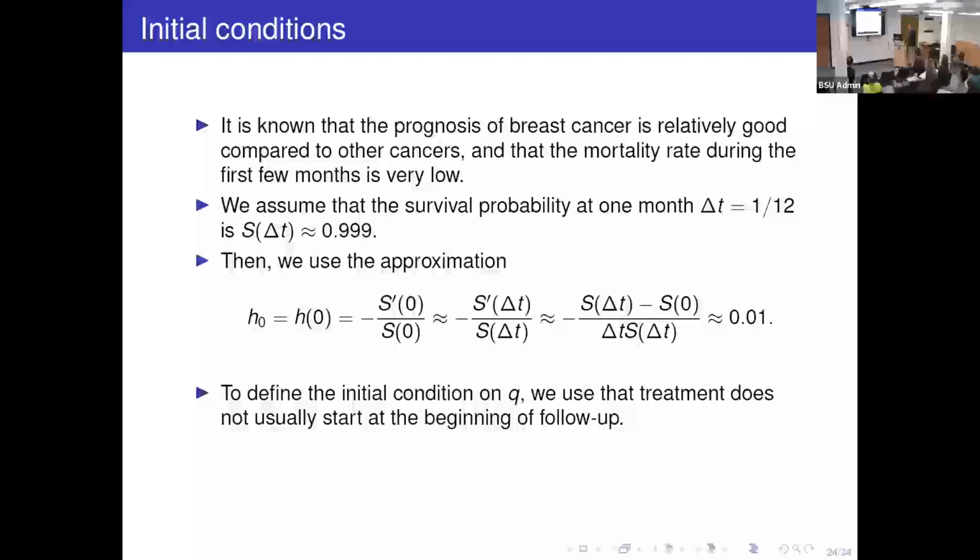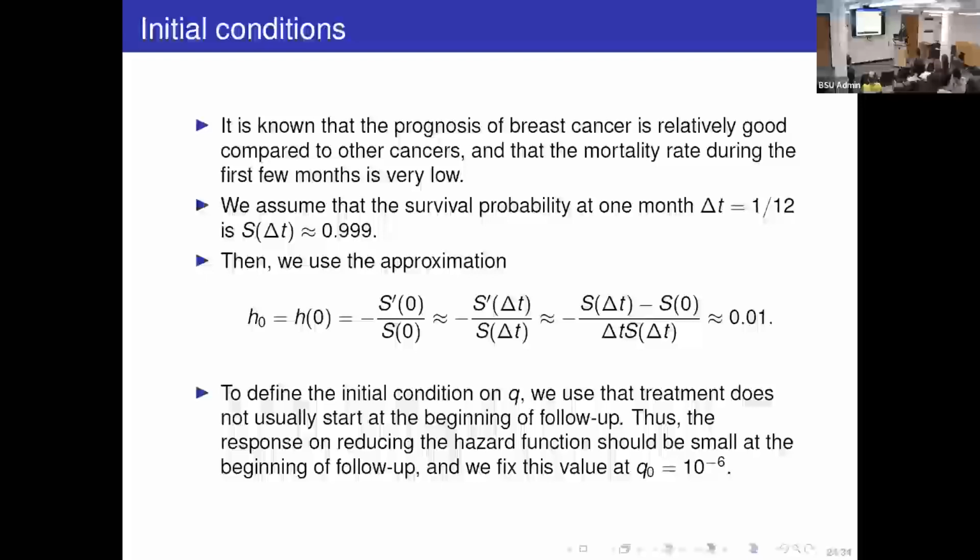For the response model, well, here I said treatment, but this is the response. We think that this is an observational study, so we don't expect that everybody will be assigned to a treatment from time 0. And treatment may take some time to kick in. So we set this value to a very small value. In this case, we are using 10 to the minus 6, but you can of course play with the initial value, and as long as it is not too different, you will get very similar results.